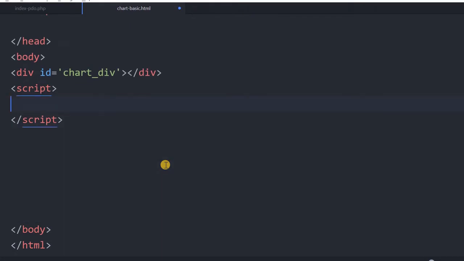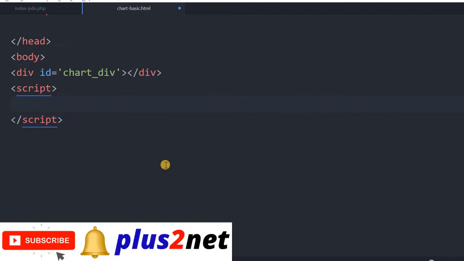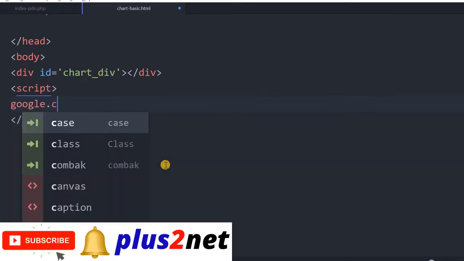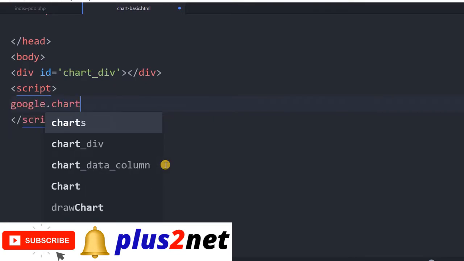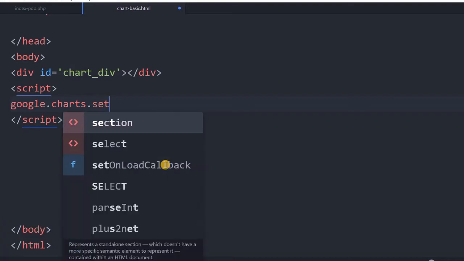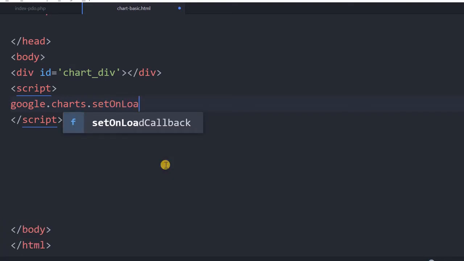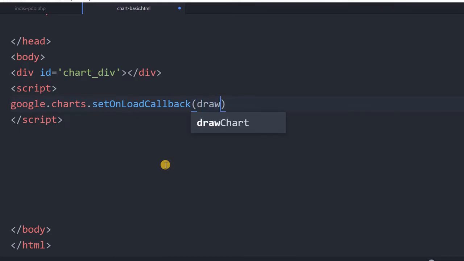First, we'll set an onload callback. We'll set a function which will be called once the chart library is loaded. We'll state that by telling Google charts, set on load callback. This method takes the name of a function. It's up to us what name we give, but let's call it draw my chart.